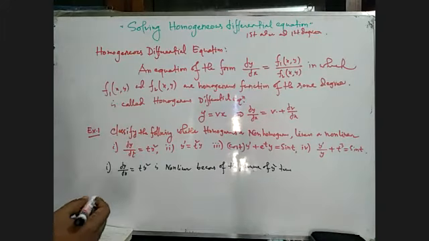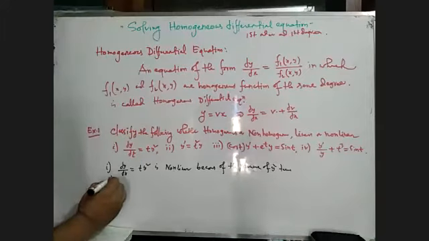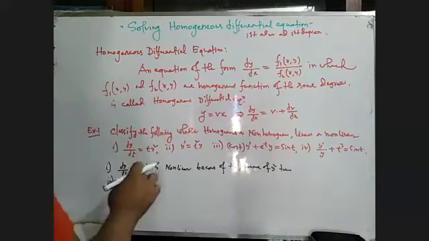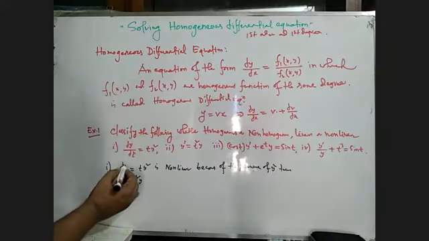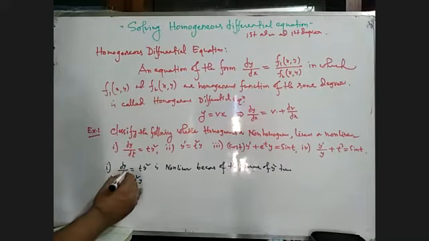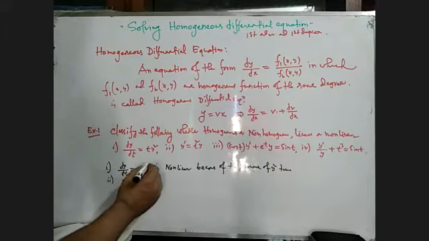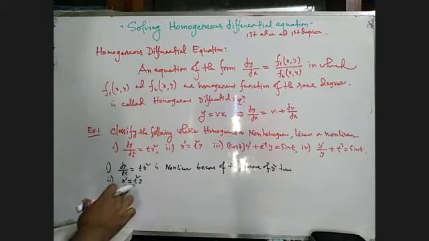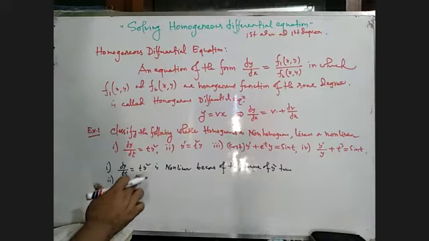Now, the second differential equation, dy/dt equals t square y squared, because the dependent variable is squared. This is why the dependent variable whole square term makes this non-linear. Remember it. There is the dependent variable y and the independent variable t. But the dependent variable squared makes this differential equation non-linear.